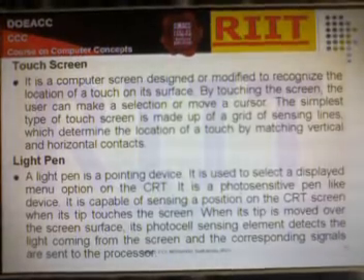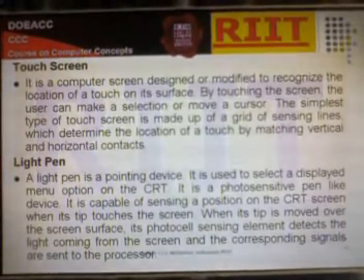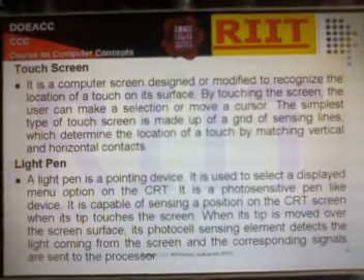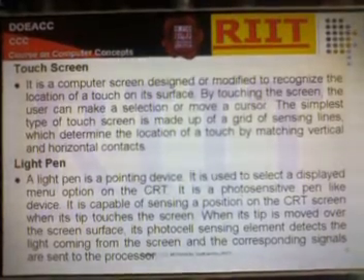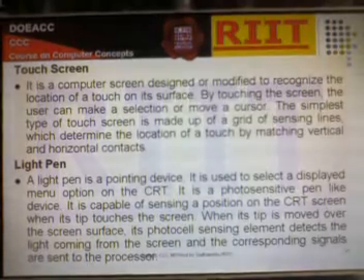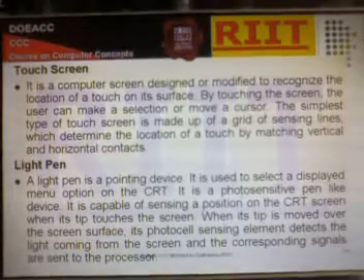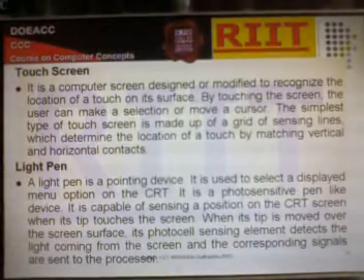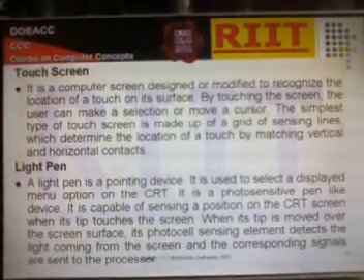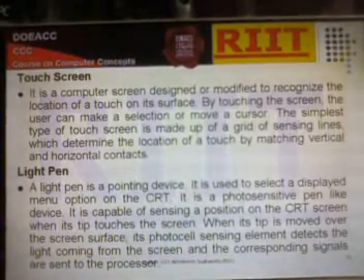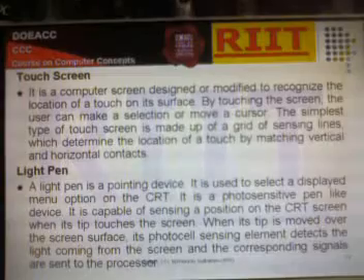Light pen. A light pen is a pointing device. It is used to select a displayed menu option on the CRT. It is a photosensitive pen-like device. It is capable of sensing a position on the CRT screen. When its tip touches the screen or is moved over the screen surface,